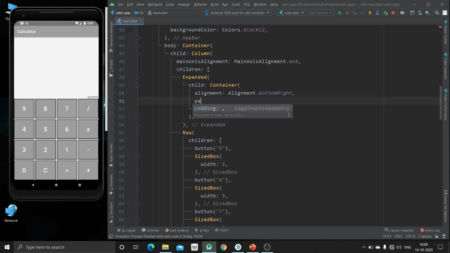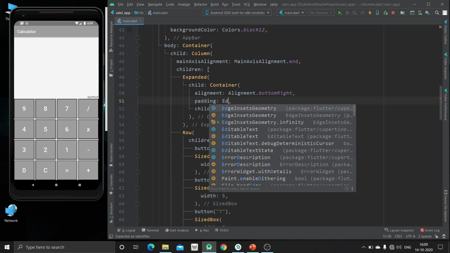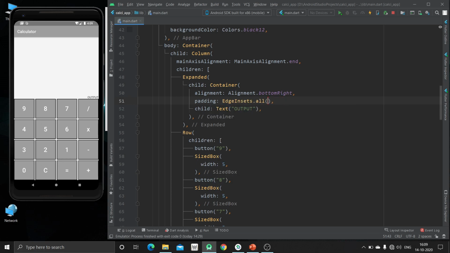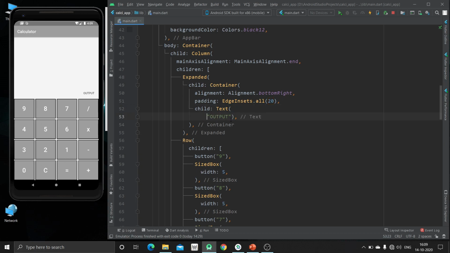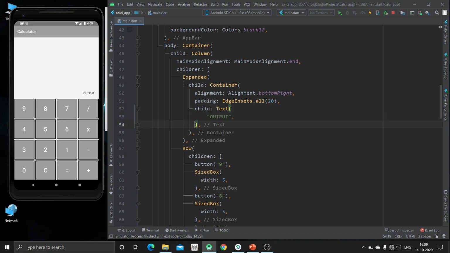We will specify some padding also. From all sides it should be about 20. Okay, now it's better. Also we will increase the font size of this text, otherwise we will not be able to see clearly.